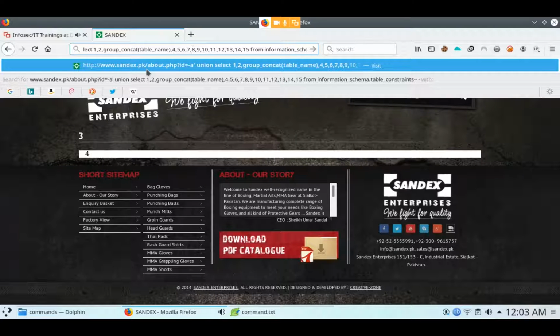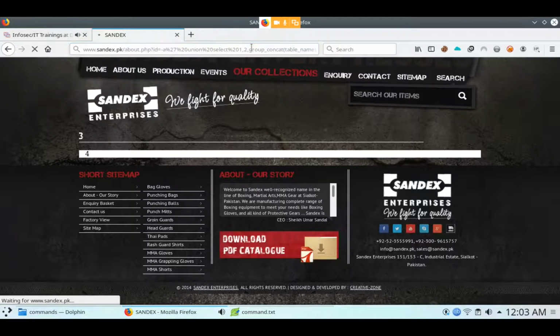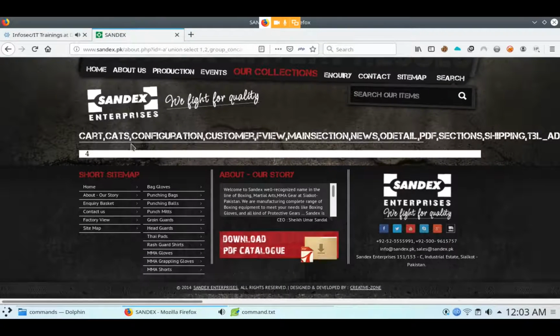Here you can see union select 1 2 group_concat table_name in the place of 3, after that 4 5 6 7 8 9 10. All the things are good now. After that you can find all the tables which are hidden in the database.